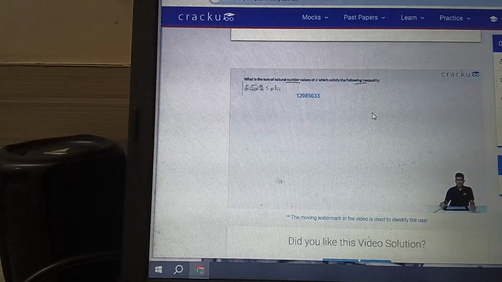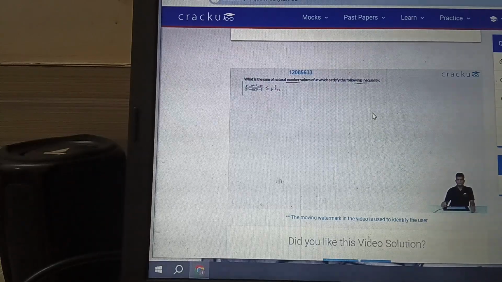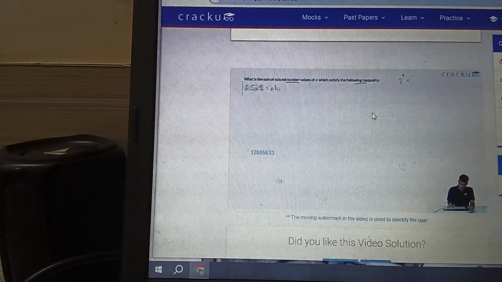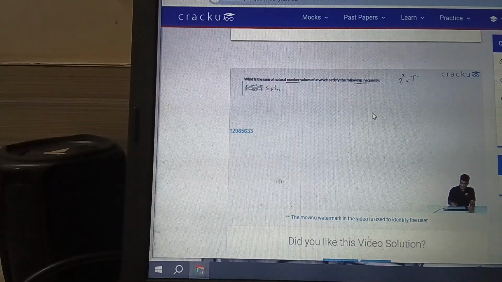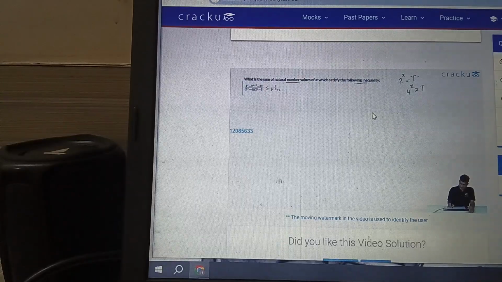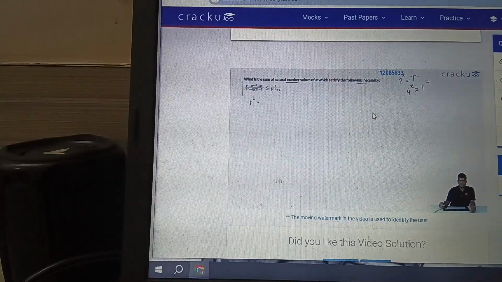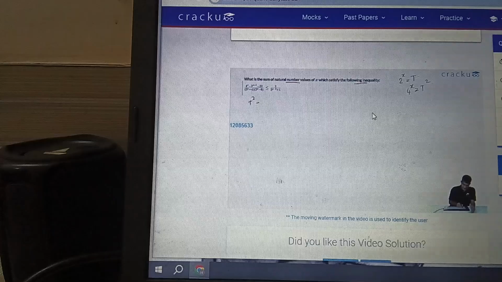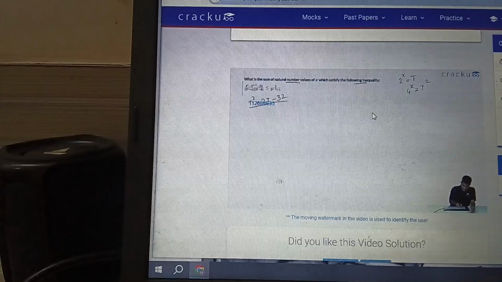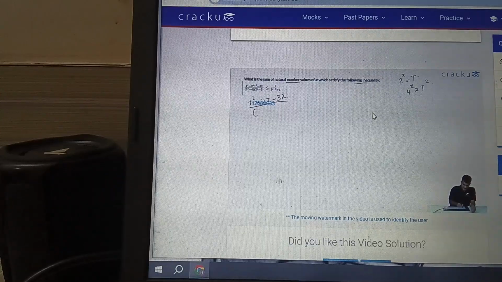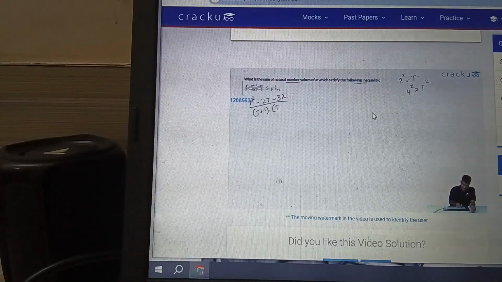If you are looking at the inequality, the first thing you should notice is that all the terms seem to be a power of 2. So let us assume that 2^x is equal to t. Then the given inequality becomes: 4^x becomes t square, so this is t square minus 2^(x+1), that is 2 into 2^x, so minus 2t minus 32, and the denominator is 2^x + 4, that is t plus 4, into 2^x − 6, that is t minus 6,